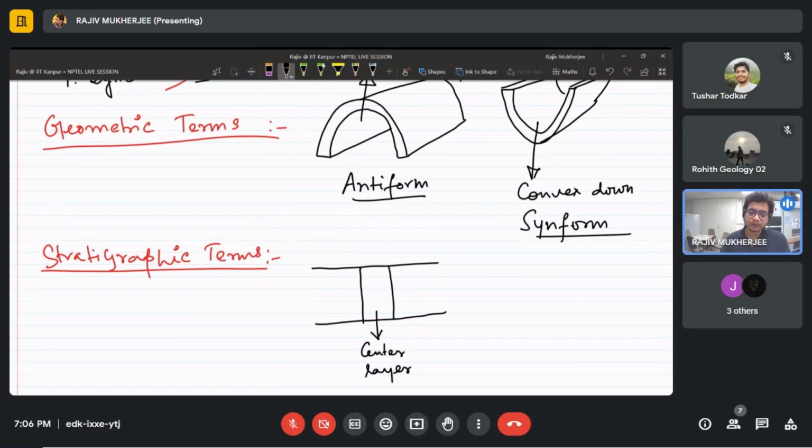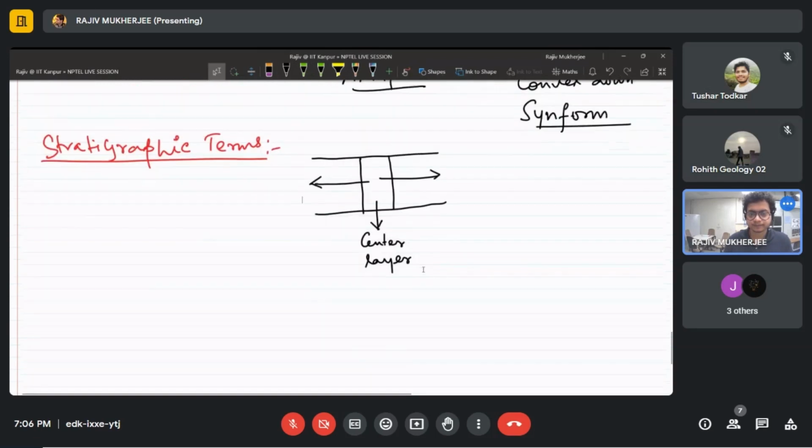So while going from center to the outward, if we see from center layer to outer layer,